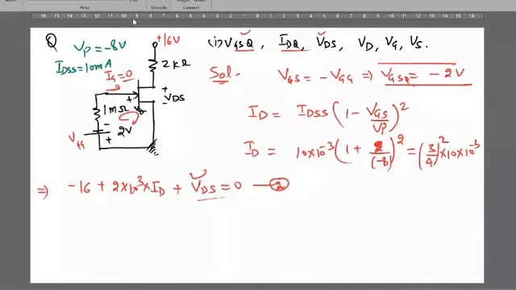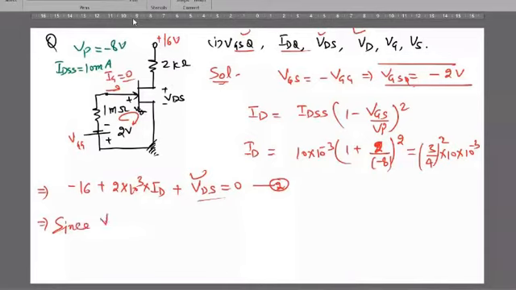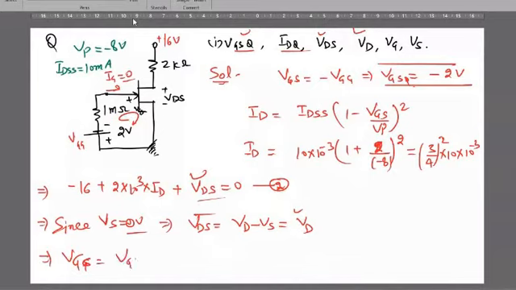And next one is you have to calculate VD. Since VS equals 0 volt, you can calculate VDS equals VD minus VS equals VD. In a similar manner, VGS equals VG minus VS. It becomes 0, so it will be VG, and VS is 0 already in this fixed bias configuration. So this numerical is very easy. I don't think there is any doubt in this configuration, fixed bias configuration of JFET.